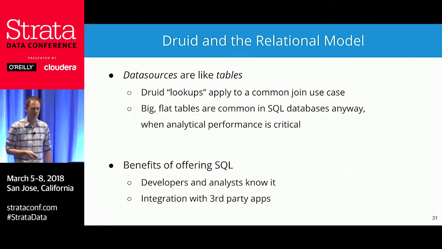So thinking about Druid and the relational model, does it make sense for Druid? Data sources are like tables. Okay, there's some differences, but there's a lot of similarities. Druid lookups apply to a common join use case. So we can even think of Druid as having multiple tables you join together, even though Druid wouldn't call it that. It still looks like that to someone that wants to fit it into the relational model